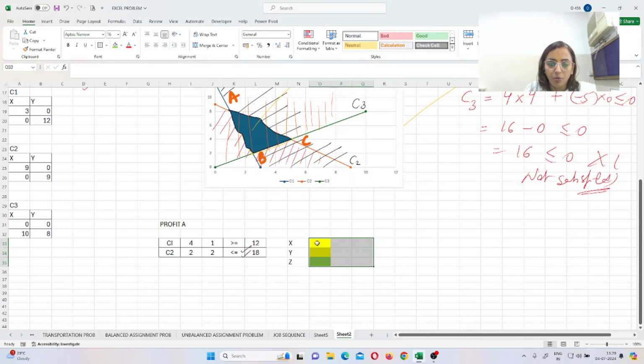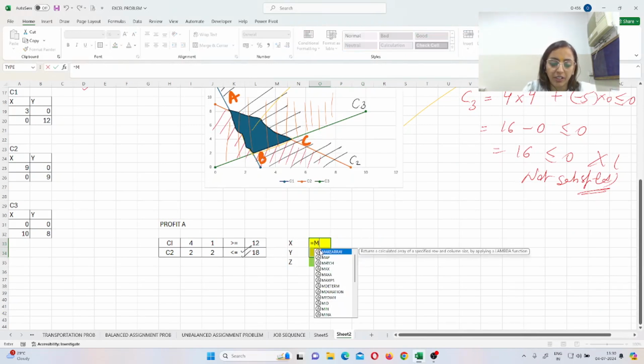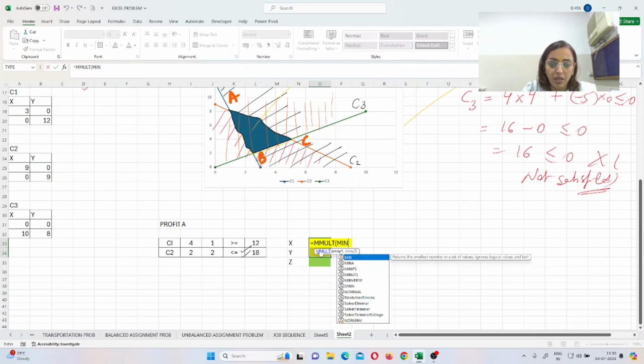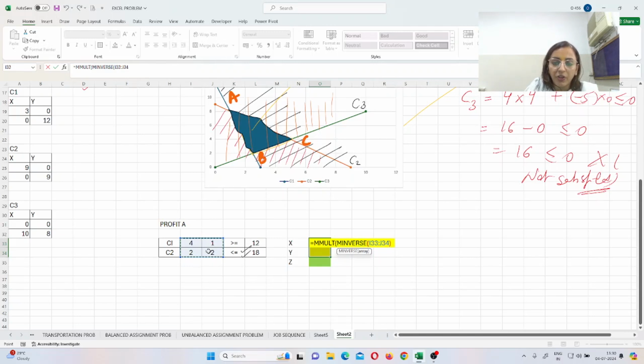Start using the formula once again. What is the formula for this? Before starting the formula, select the area of x and y. Then you have to write equals MMULT, then your bracket, then you have to write your MINVERSE. See it came up, select it, then your array, close your array, comma, then your constraint point, that's 12 and 8,